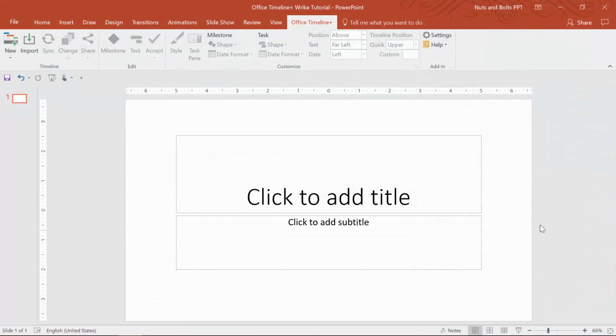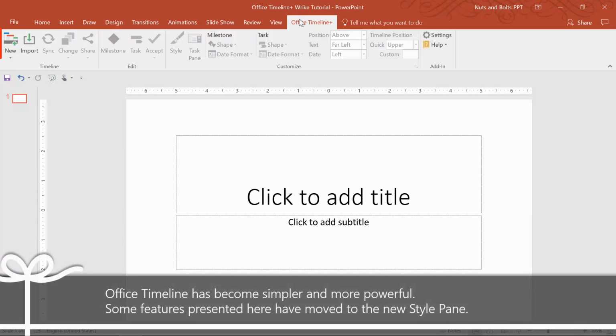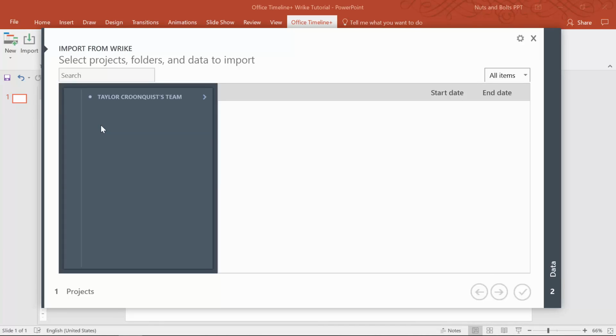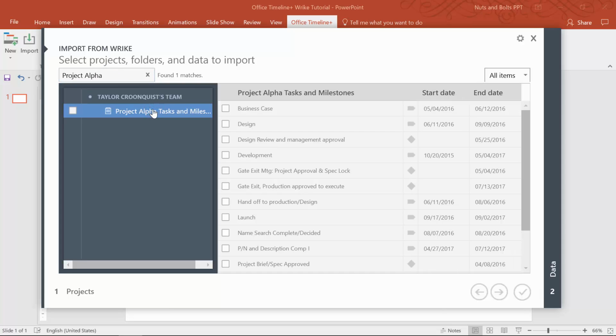To bring your project timeline over from Wrike, just navigate up to the Office Timeline Plus ribbon tab. From the new dropdown, select Import Data, Import from Wrike. The very first time you do this, you'll need to log into your account. I've already logged in. You'll then want to search for your project. Mine's called Project Alpha. To search for the project to bring over, I'm going to bring over Project Alpha Tasks